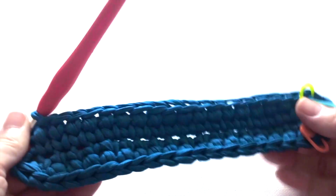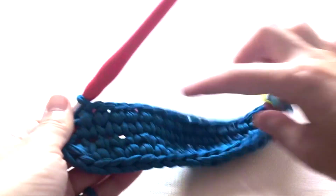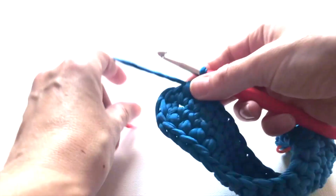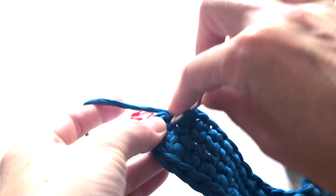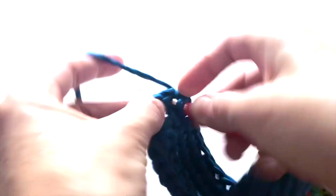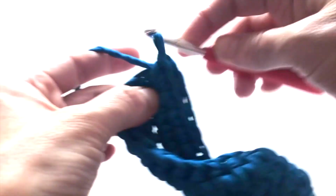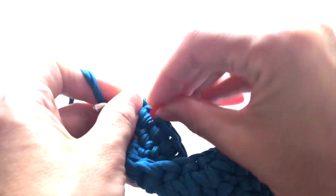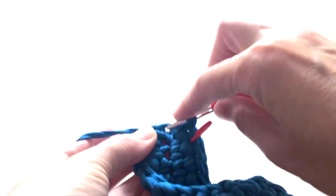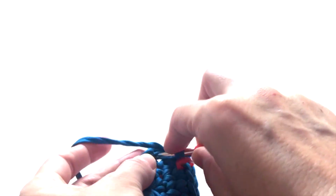And here we are. I did 17 stitches on the other side as well, and now I have the 3 increases here. So I will take out the sign. I will do one increase on the first stitch, so 1 and 2. Put the marker at the first stitch of the increase, and then second stitch, again one increase, so in one